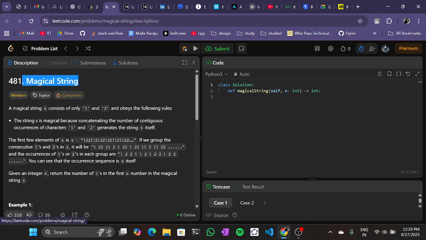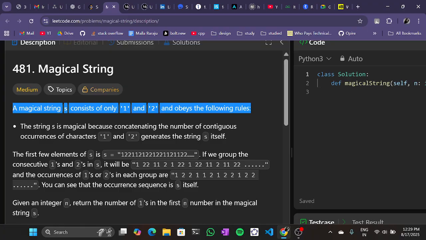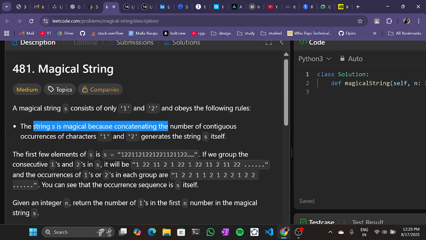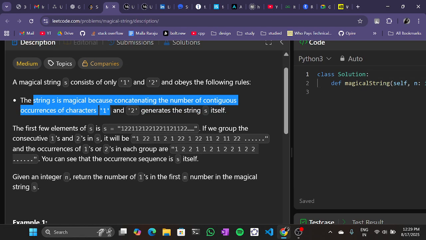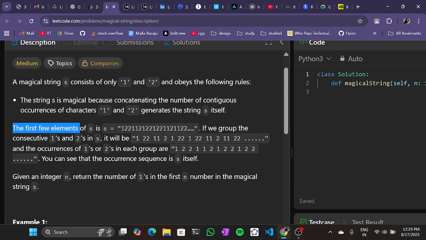LeetCode 481, Magical String. A magical string S consists of only 1 and 2, and obeys the following rules. Okay, it has two characters, 1 and 2. The string is magical because concatenating the number of contiguous occurrences of characters 1 and 2 generates the string itself. The first few elements of S are: